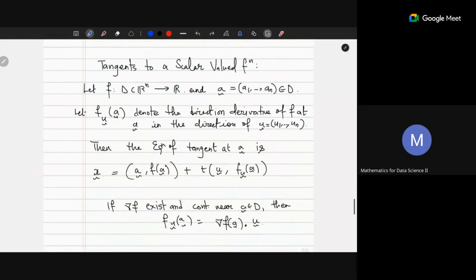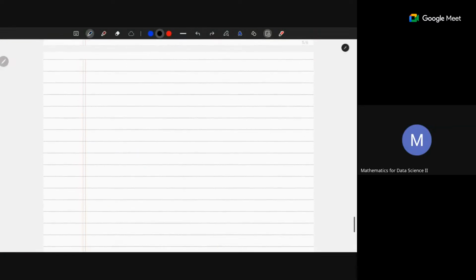Okay. So now let me write down the linear approximation of a scalar valued function. Again, suppose f is a function on a domain in R^n to R. The linear approximation